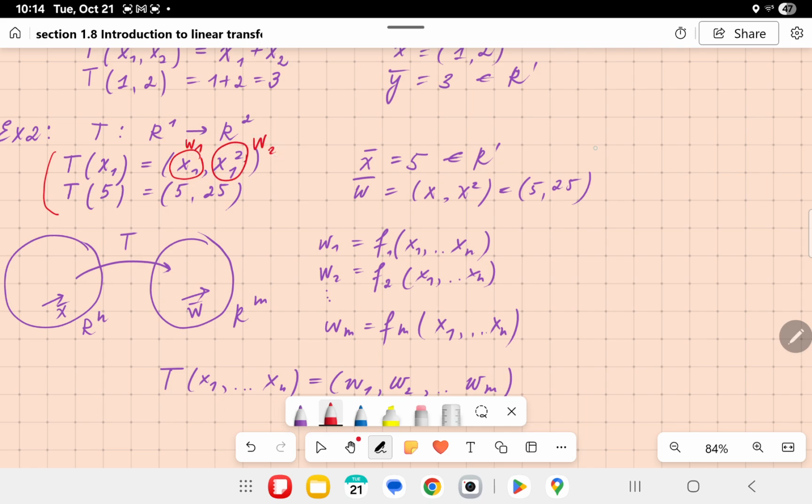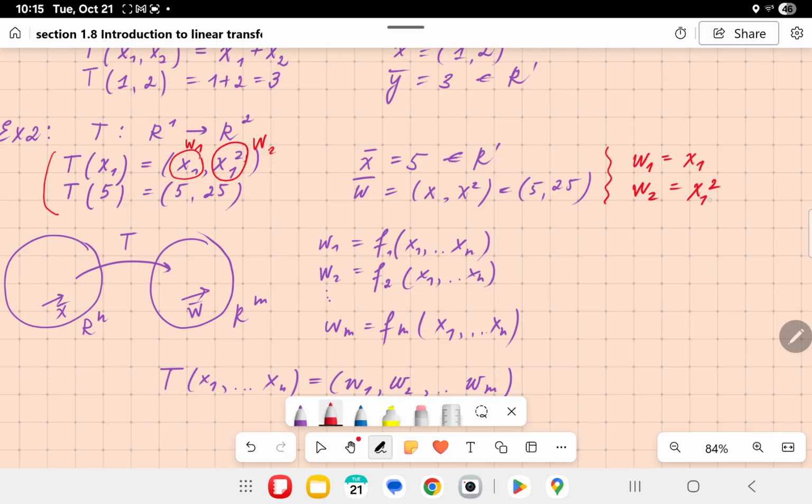How are my functions going to look? I'm going to write down that w1 is going to be just x1, and w2 is going to be x1 squared. So actually here the function is just x, and in this case that's the squaring function. So the function f is like